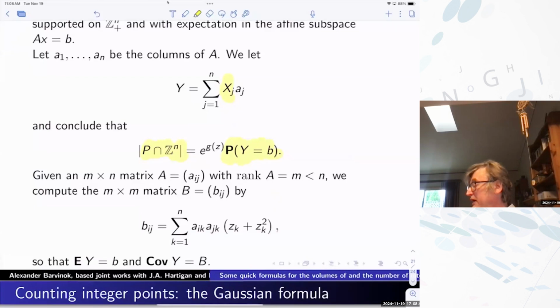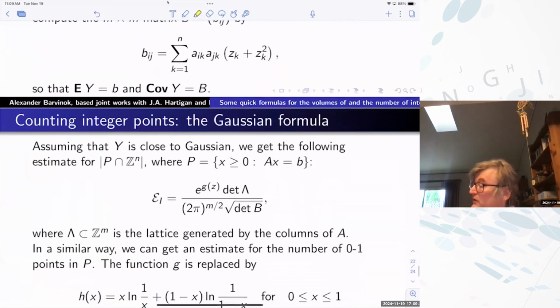So it's just some discrete random variable. It's not log-concave, so it's some weird thing. The only nice thing about it is that it's a sum of many potentially independent random variables. So if we are lucky, the central limit theorem, the local central limit theorem, kicks in, and it will be close to the Gaussian. And then we again have to estimate the density of the Gaussian as an expectation, which is a piece of cake. And so we get this formula.